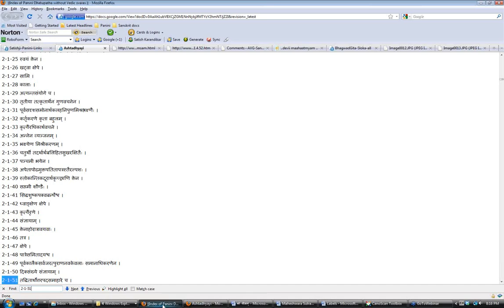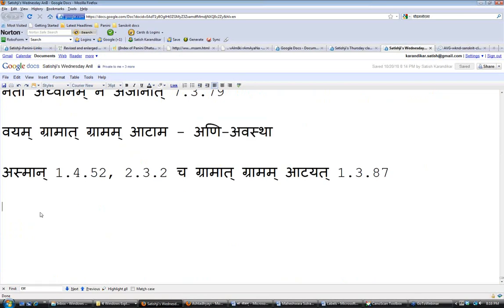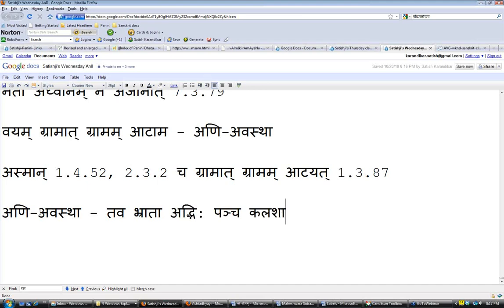Keep it prithak padam. So the ani avastha is tava bhrata, then adbhi, panchakalashan, fills, so purayati.